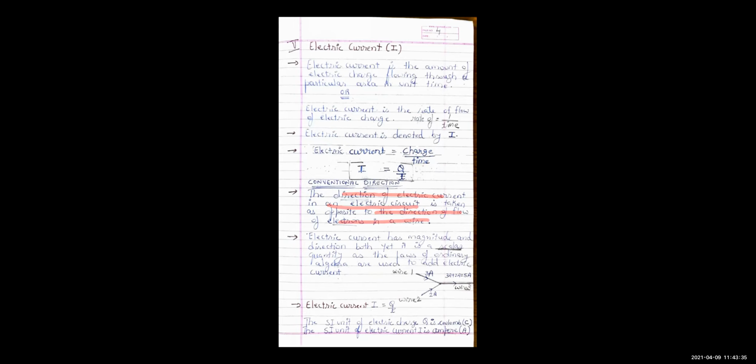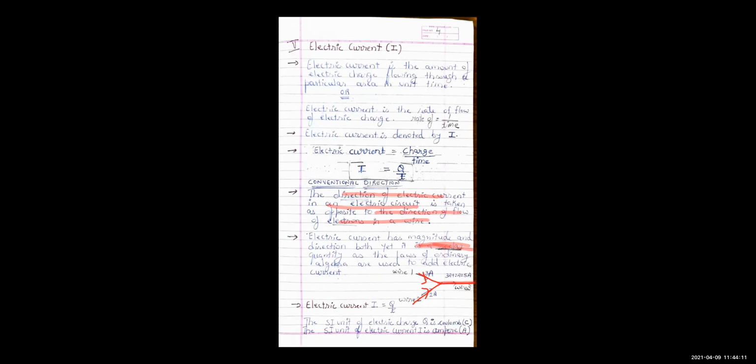Now electric current is a scalar quantity beta. What kind of quantity is electric current? Scalar, it is not a vector. You will say, ma'am, it has a direction, positive to negative, then why? But beta, when you want to add them, you are adding simply by using algebra. Suppose here you have a wire with 3 ampere current, here you have a wire with 2 ampere current. So here the total current will be 3 plus 2, that is 5 ampere, right beta? Here you are not going to include the signs, right?